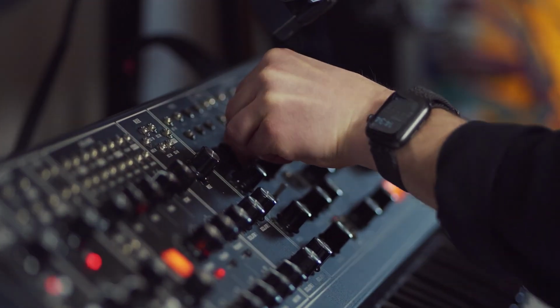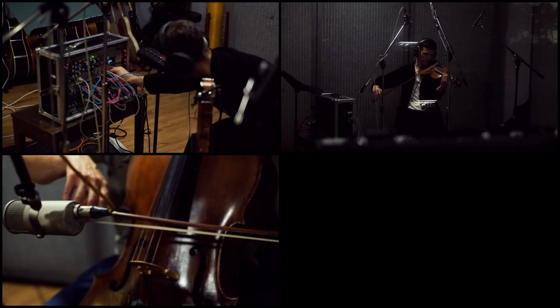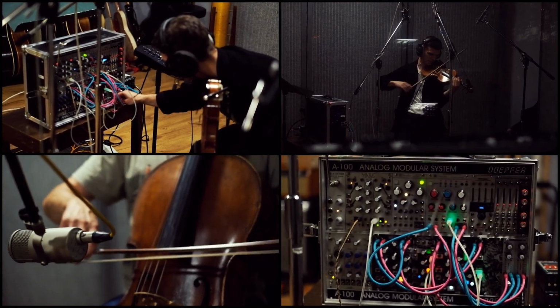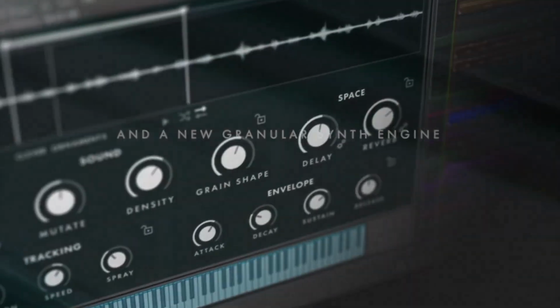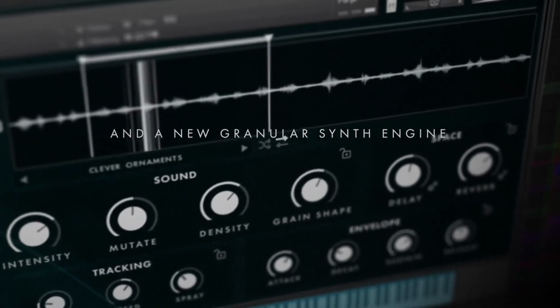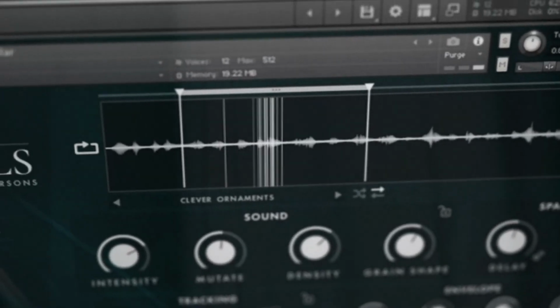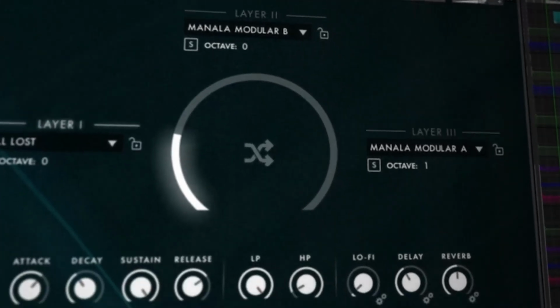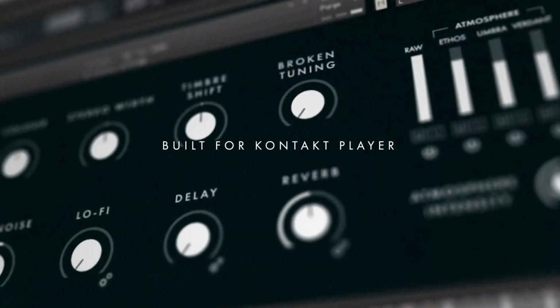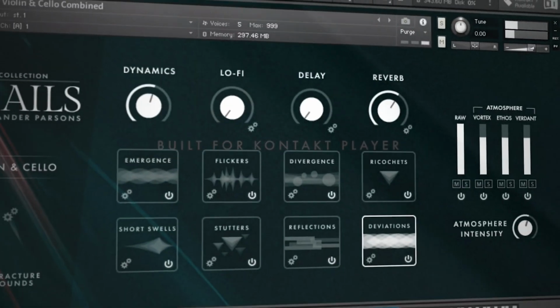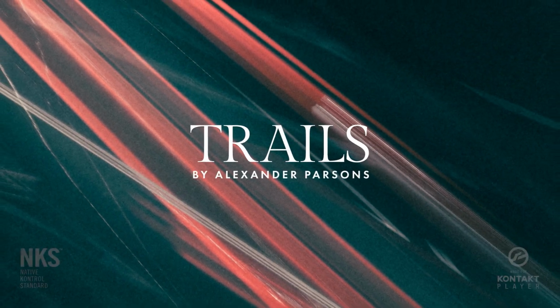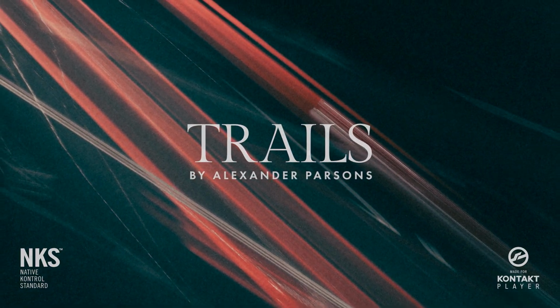But then we're talking about an £89 library. It's on sale at the moment. Obviously it goes up to £129 after the intro price ends. The content you get is brilliant. You get the violins, you get the cellos, all the different performances, the articulations. Then you've got the synths, and you've got the 3-layer synth approach, and you can crossfade through them using CC1. Lovely. And then of course you've got the granular content,